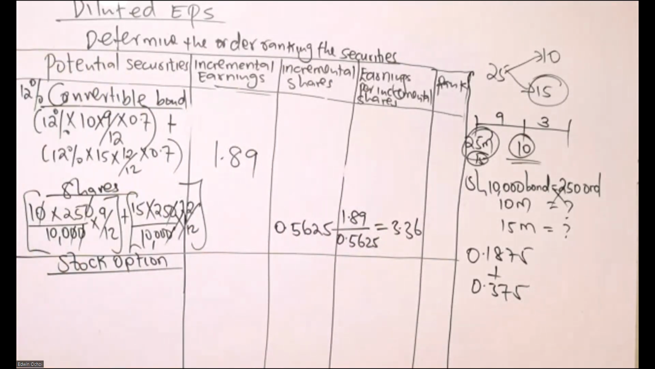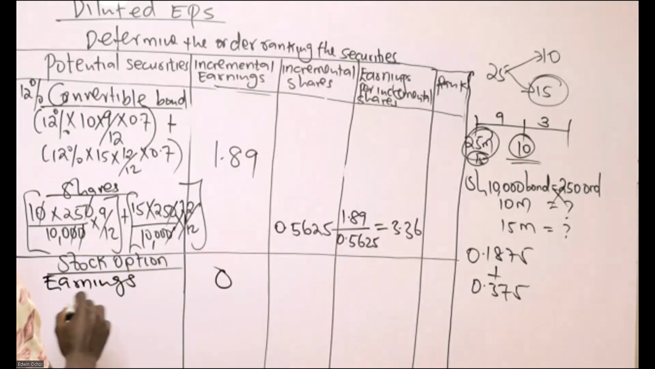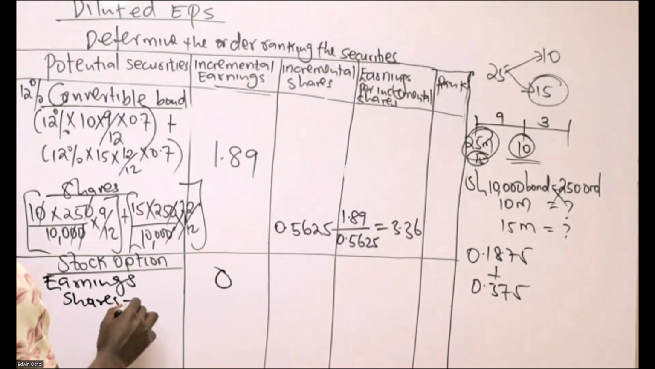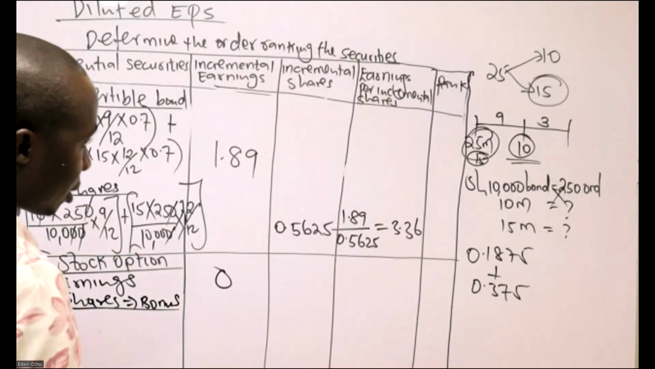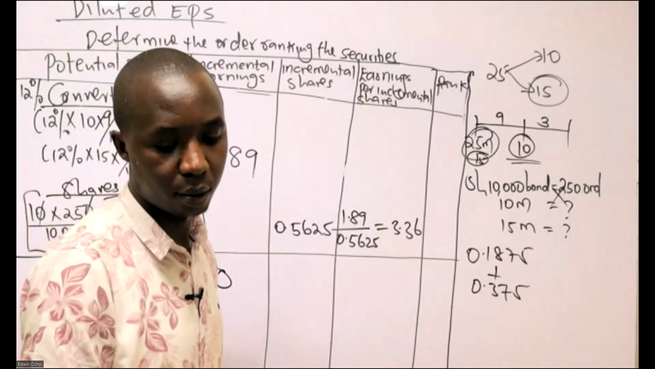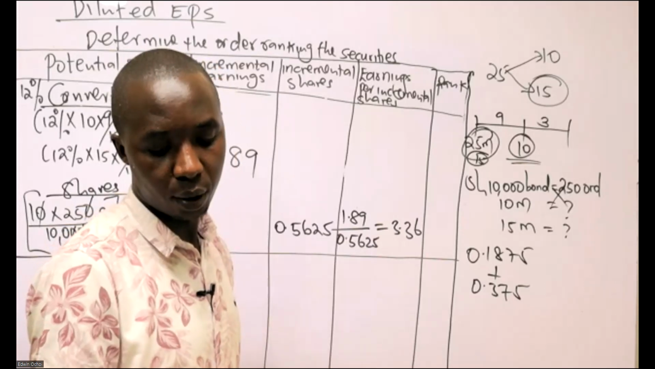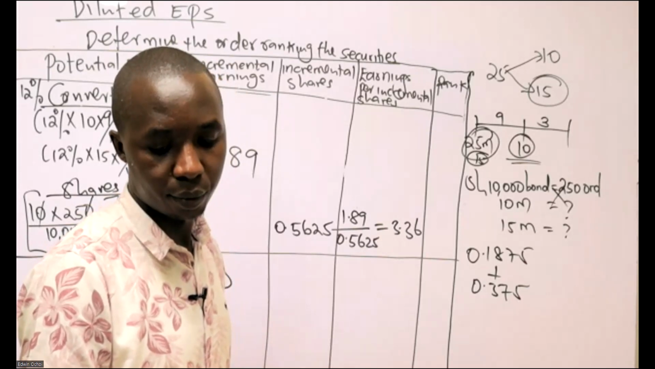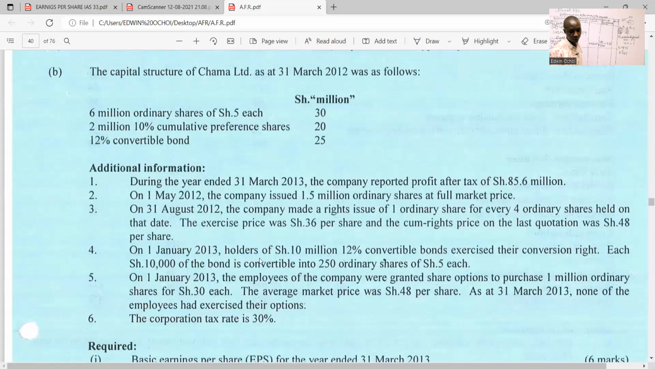So remember that we have said no earnings. There's no savings. It's only that we record the bonus shares. So this is how you get the bonus shares based on the prices at which they were to exercise the option. According to this question of ours, in the additional information number 5,